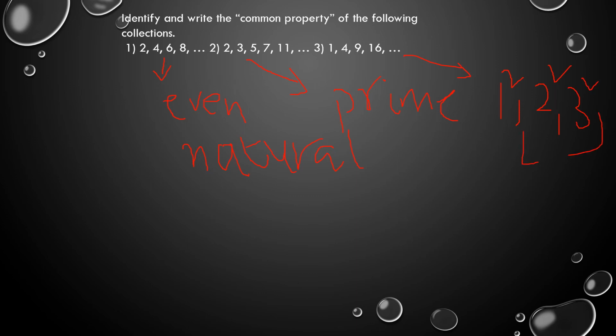So the common property should be common for all. It should not change. For example, if you take this one, the differences are 1, 2, 2, 4, see, it is changing, so it's not common. Here, the difference between consecutive numbers is 2. That's also a common property. You can say that property or otherwise even naturals. You can use any common property like that, as many common properties as you can define for these questions. That's your wish.